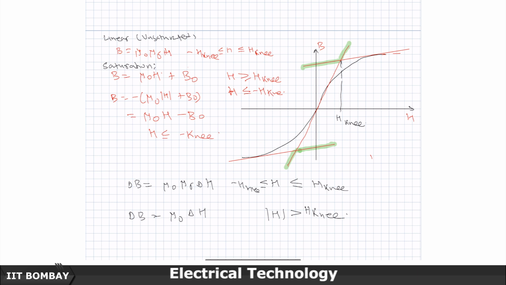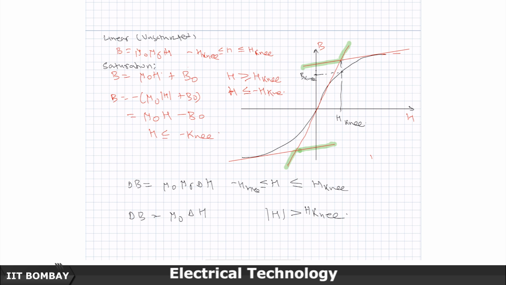So, this is why ANSI has defined knee points as taking the two slopes at 0 and this, and then looking where they touch, that point is called the knee point. But then you should connect it with the actual BH graph, right. So, therefore, what you do, H knee is just this value, B knee will now be defined as